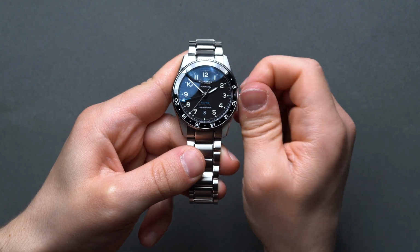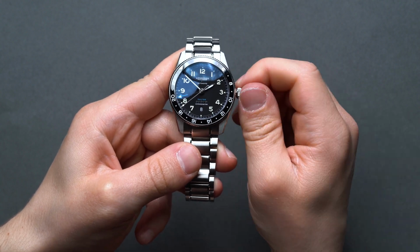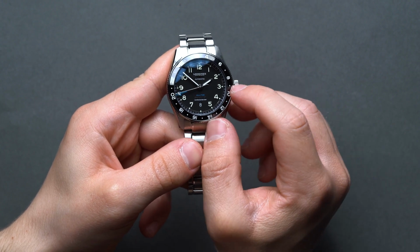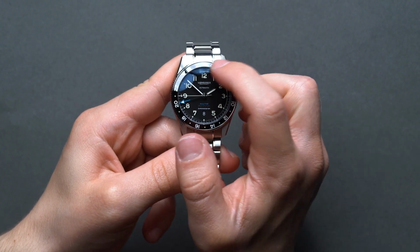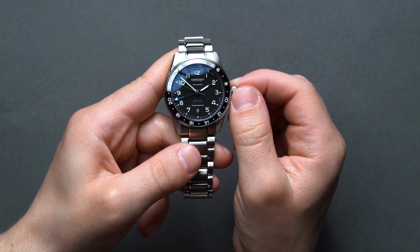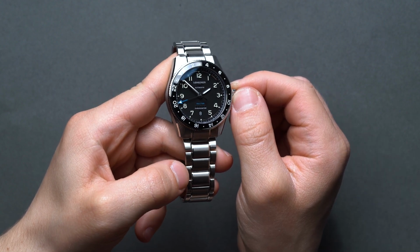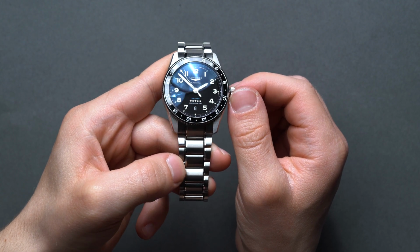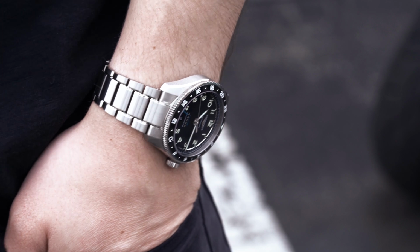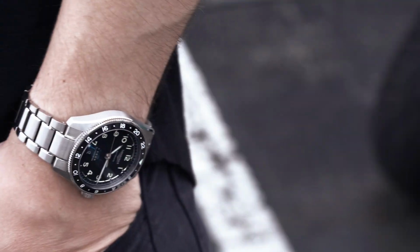First, a self-winding or automatic mechanical movement that beats at 25,200 vibrations per hour or just about 3.5 Hz. Second, a 72-hour power reserve made possible in part by a monocrystalline silicone balance spring. Third, in-house manufacturing by one of the oldest Swiss heritage brands. Fourth, a COSC master chronometer rating for precise timekeeping. And lastly, the inclusion of a true GMT that allows the hour hand to move independently for on-the-fly time zone